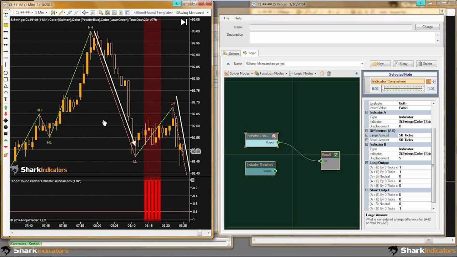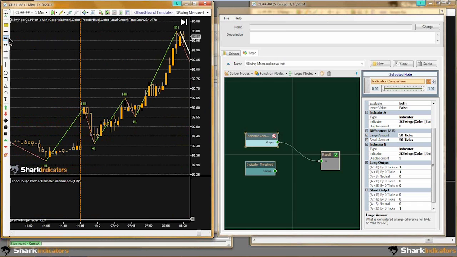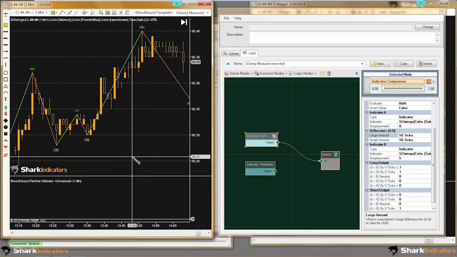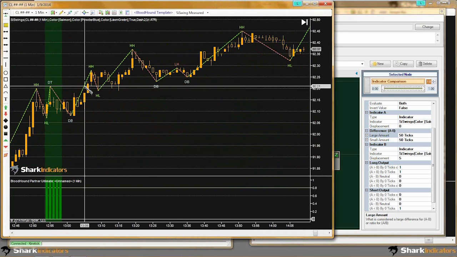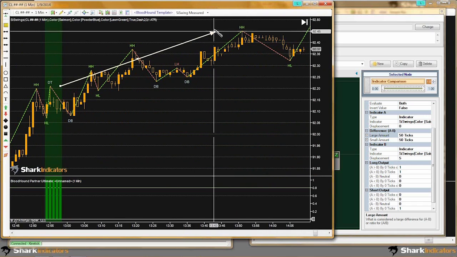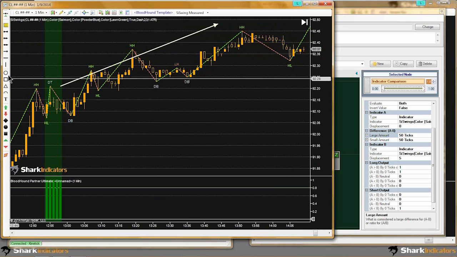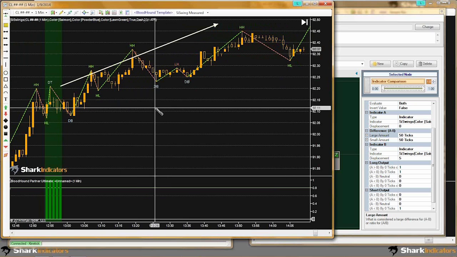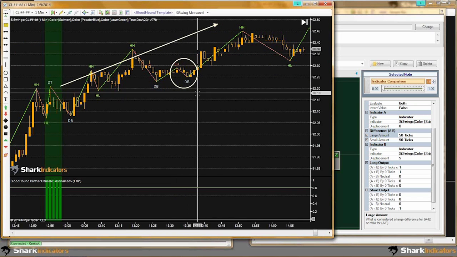Alright, yeah, so if you're trying to measure a retracement, hold on, let me find a better point here. Yeah, so looking at the bigger picture, you could say we're in an uptrend, and so if you're trying to measure this move against the trend,